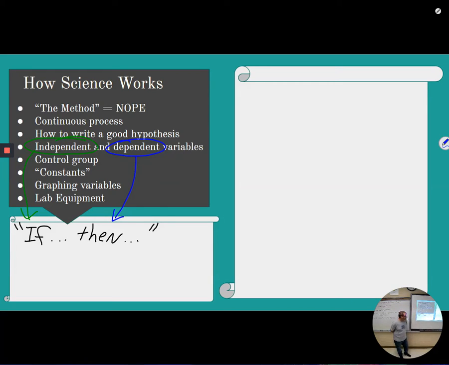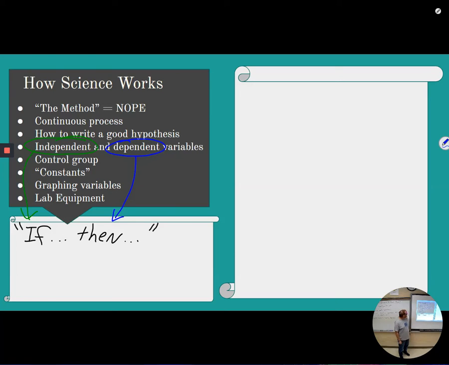So what do you do, flower? What do you not do? Maybe not do. Because I'm not growing, the flower's growing, right? I'm the one who's choosing to add, not do. Okay, good question. The dependent is the thing that you're measuring or observing. You're waiting to see if something happens.